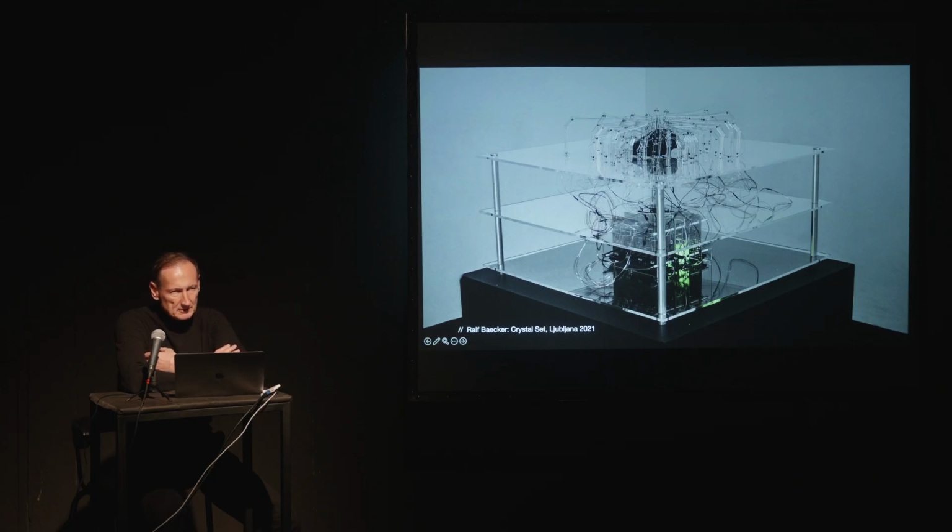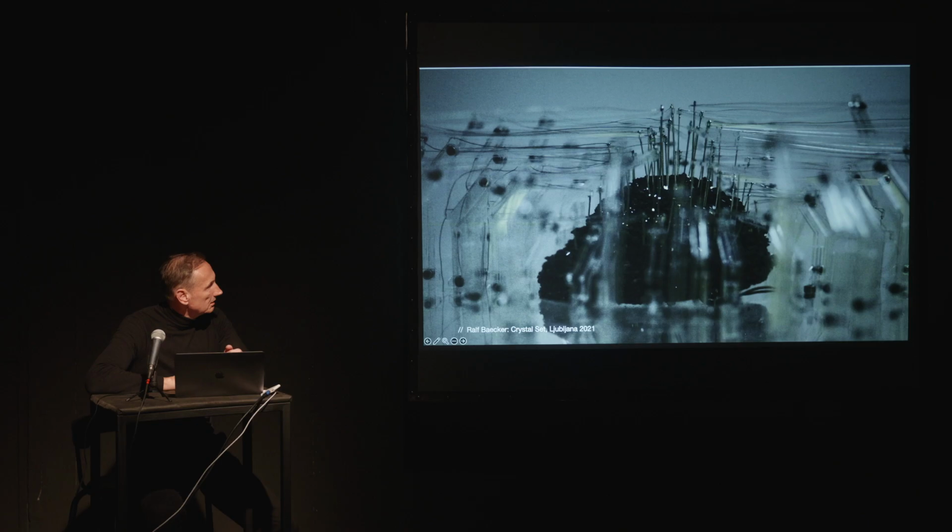And he found that the ore of silicon already has properties that can be explored. And here we see